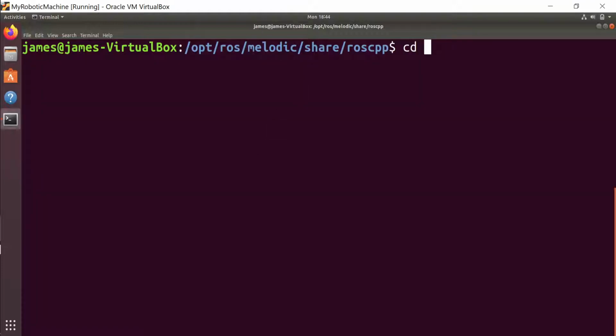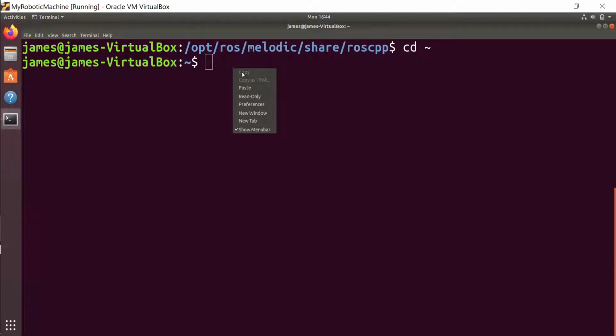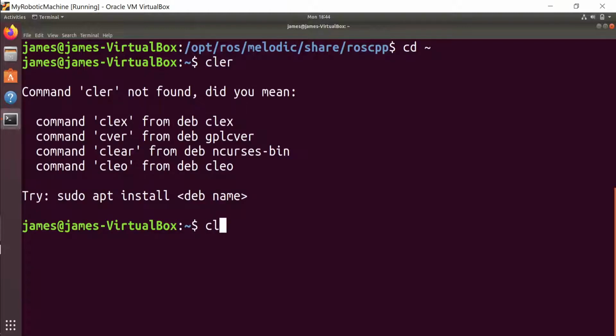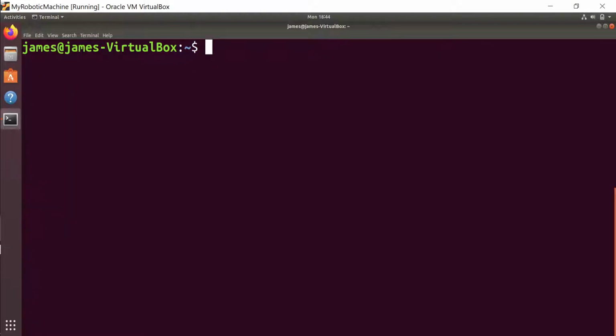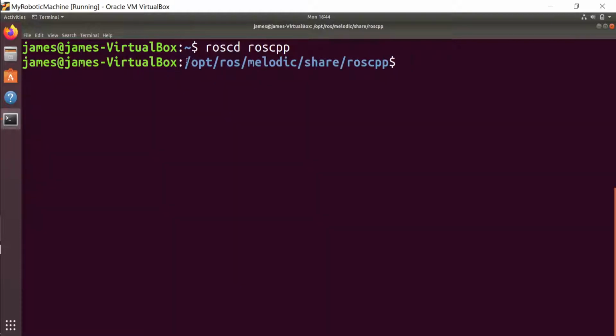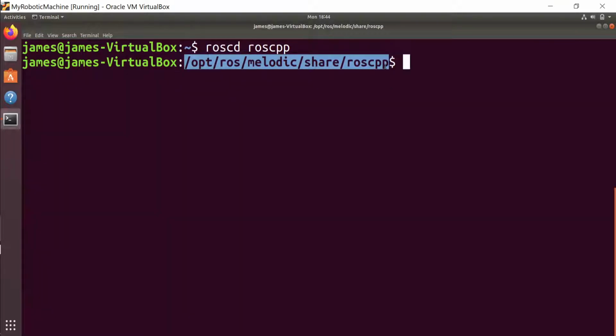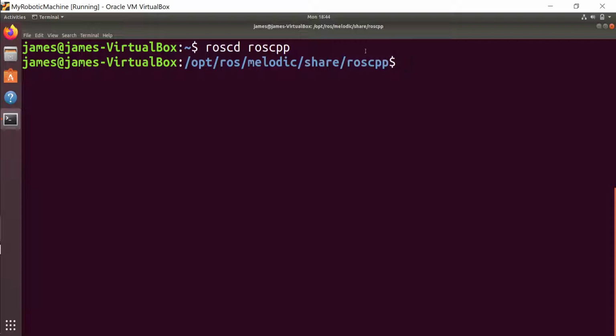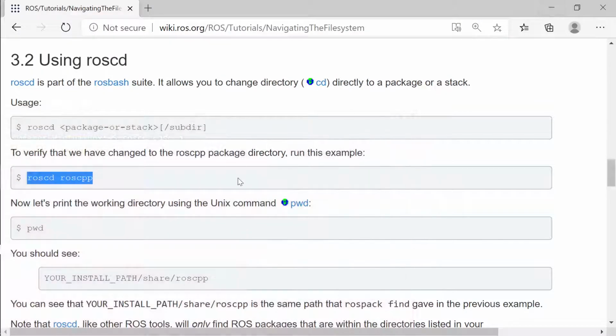Let's say I cd to the home directory. Now I am in the root directory. Let me clear the screen, and now if I right click and run this command, roscd means cd to this package. See, I'm directly going to my package, and now if I run any command, it will be inside this folder. This is a quick way to get to your package folder.